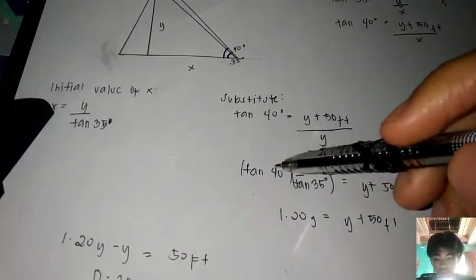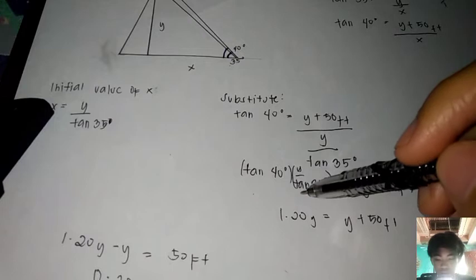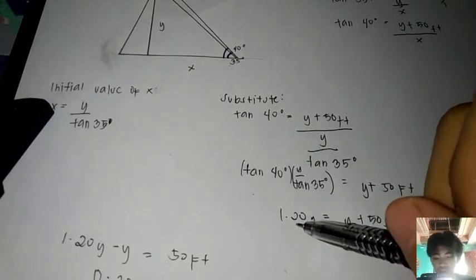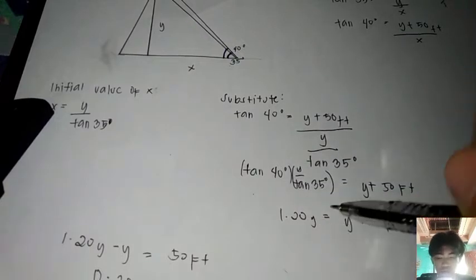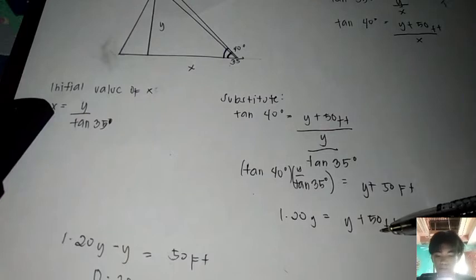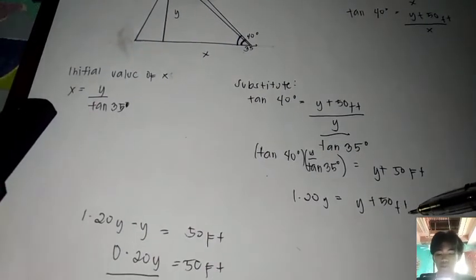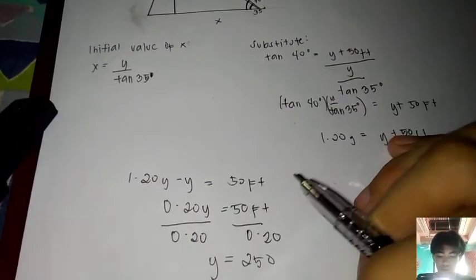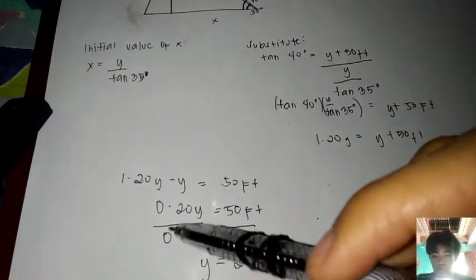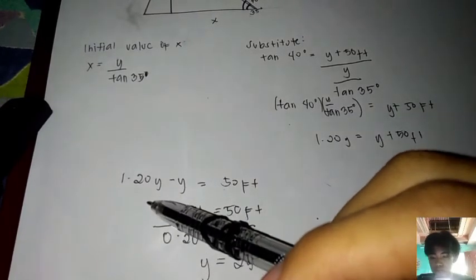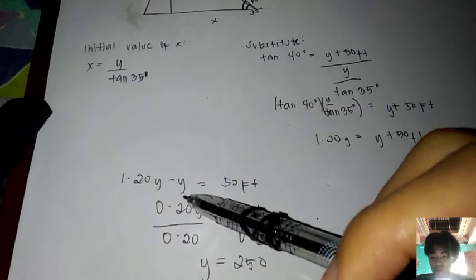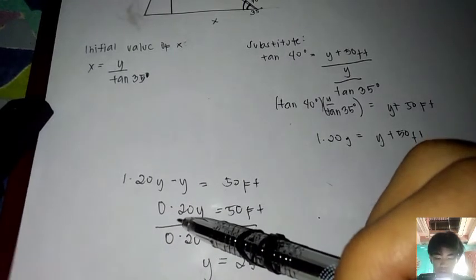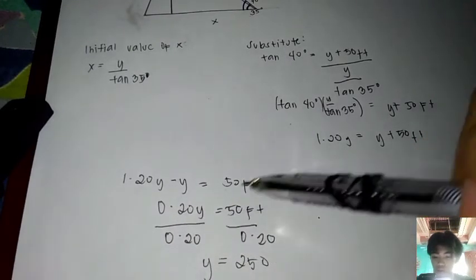So let's multiply it. So we got 1.20y equals y plus 50 feet. So after that, let's transpose the y to the other side. So we have 1.20y minus y, so we have here 0.20y